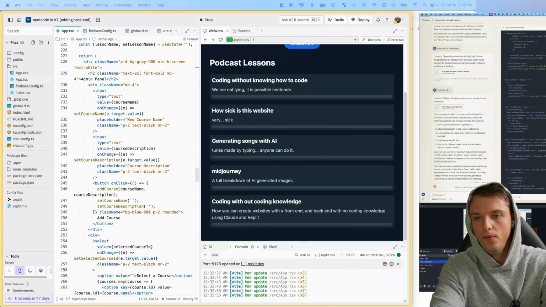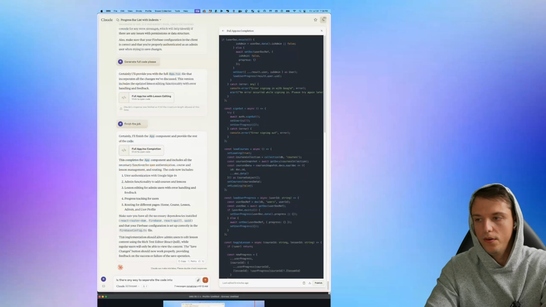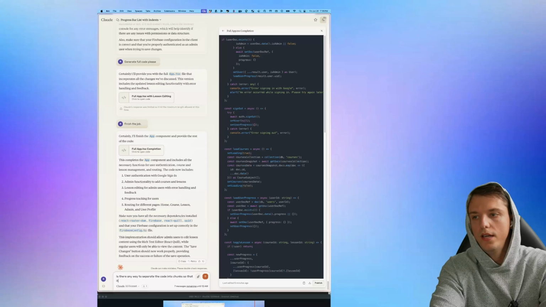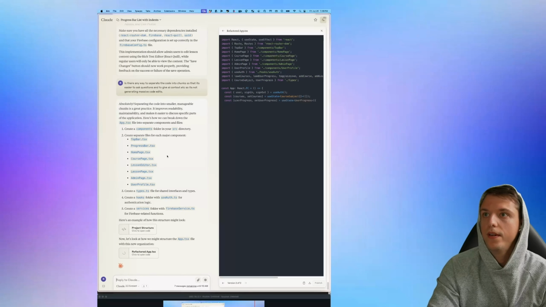Is there any way to separate the code into, now we want to separate the code into chunks so that it's easier to ask questions and to give AI context, etc. So it's not generating massive code edits. All right, so now we are going to do some work in separating our code into different